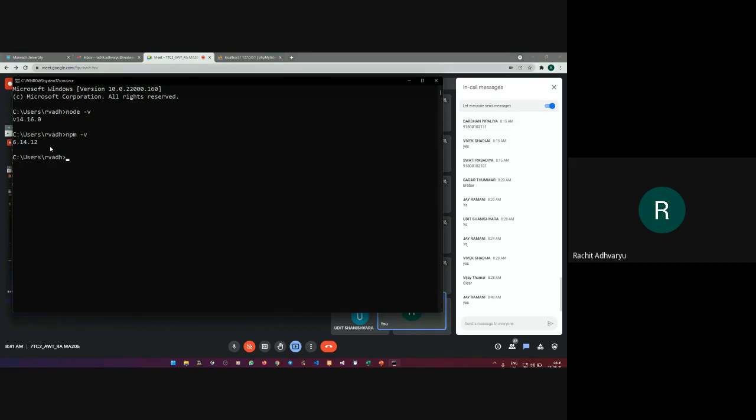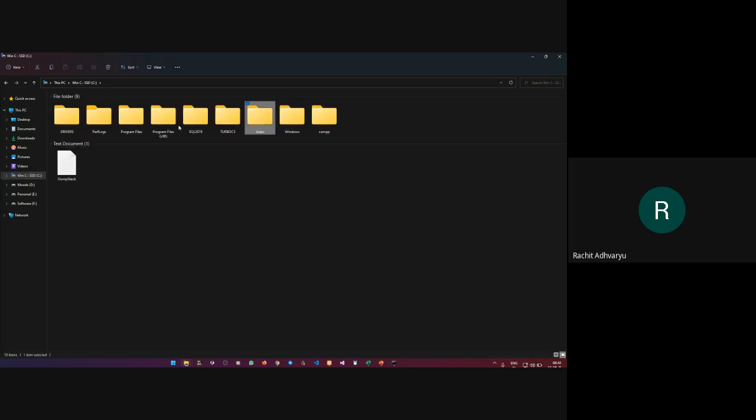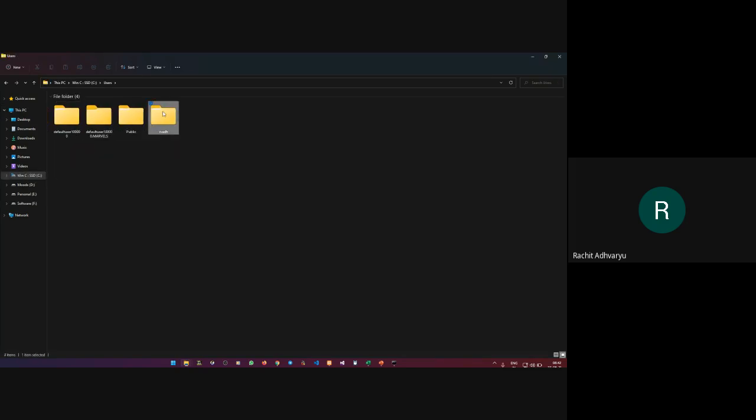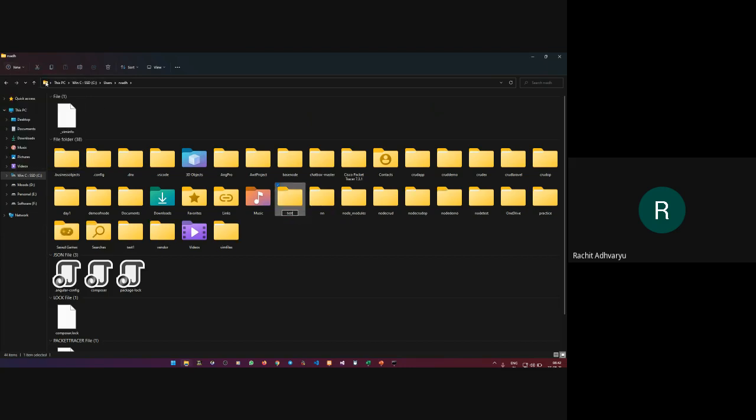Once this is done, we need to create the first part, that is the server. Let's first create one folder in this particular path. I'll go to the C drive, users, rv add, and let me create one folder called test.